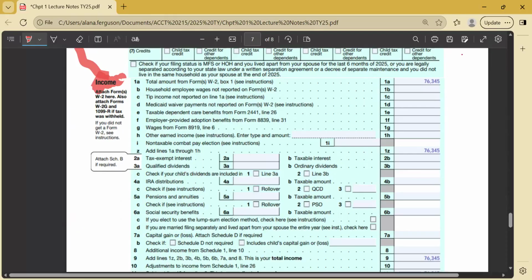A lot of these lines we don't know, and we actually will never have anything. So for example, line 1B, household employee wages. There's no examples in our book or the VITA program that would use that one. So not a big deal. But go ahead and read through this and make sure that obviously for this problem, all we have is W-2